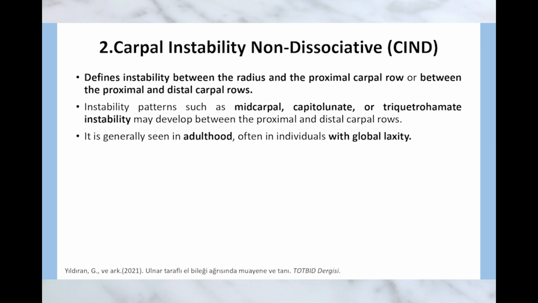And what usually causes this kind of instability between the rows? Is it different from those ligament tears we saw in CID? Yeah, so CIND is often associated with generalized ligament laxity. So it's a looseness or hypermobility in the ligaments throughout the body. It's more common in adults, and it can be there without any specific injury, though of course an injury can make it worse. So rather than a tear in a specific ligament, it's more like an overall looseness that lets the rows move abnormally. Okay, so it's less about a tear in one spot. It's more about a general looseness.